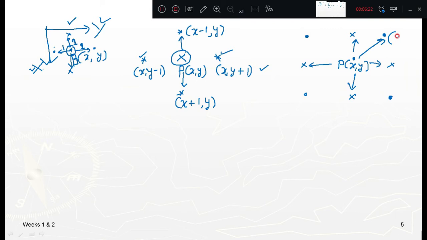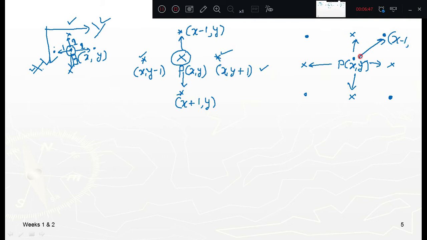Now come to this point. You just observe which coordinate is changing, whether it is increasing or decreasing. It is increasing with respect to y. You consider with respect to y here. Now x is decreasing, meaning how much value you need to consider is always with respect to 1, that is x minus 1.